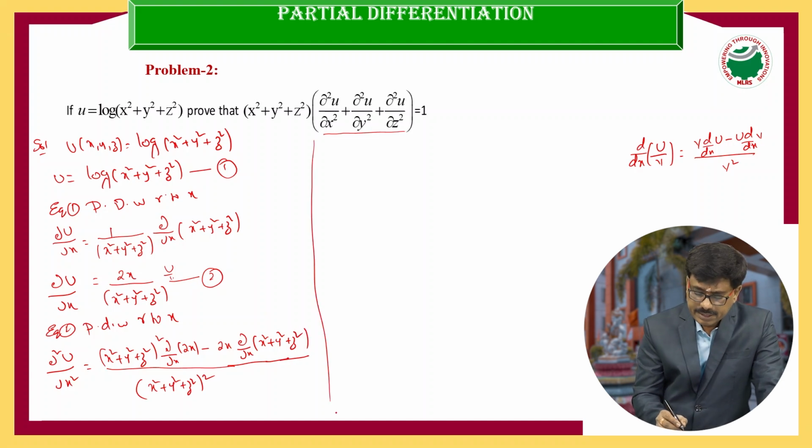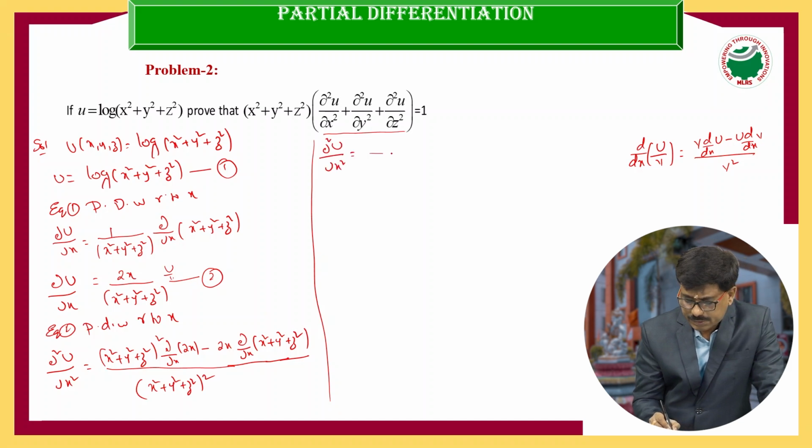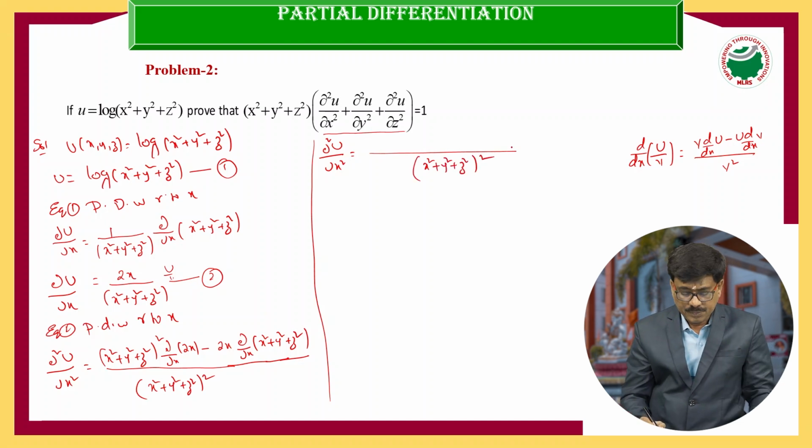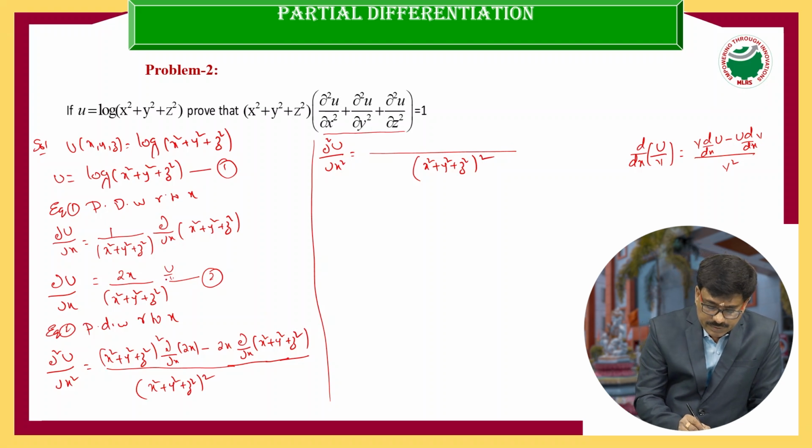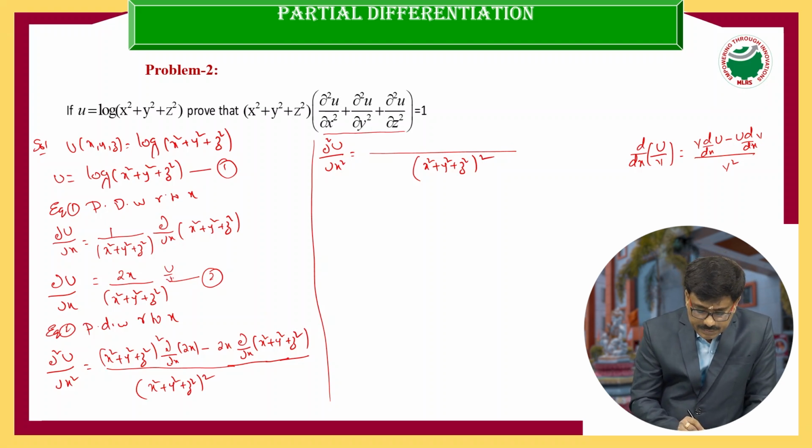Now look at this derivative, ∂²u/∂x². The denominator becomes (x² + y² + z²) whole squared. Already this one is u and this one is v. The derivative with respect to x: how much does it become? 2x. The remaining is 2. Then if you multiply with these 2, this becomes 2(x² + y² + z²) minus